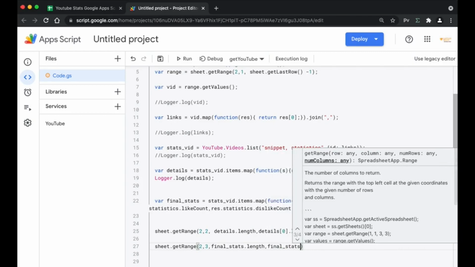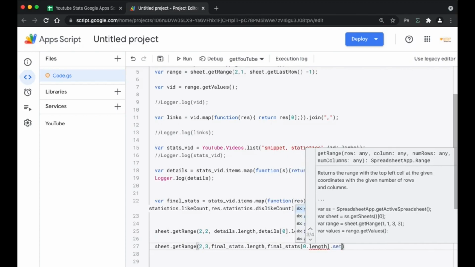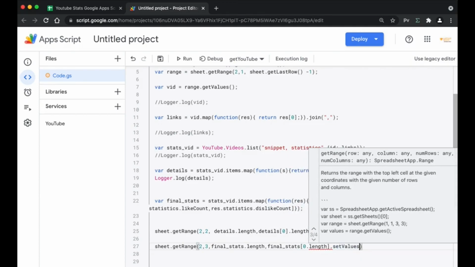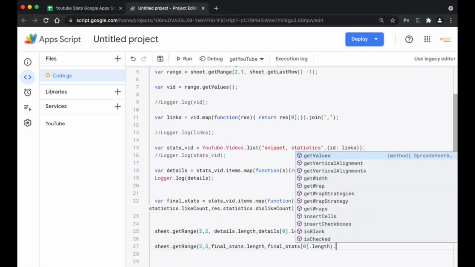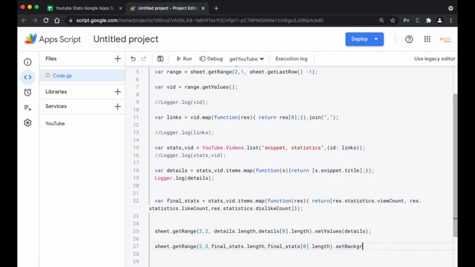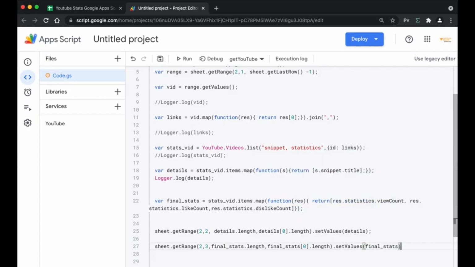Then you do the same thing for the same one again in the array, so that only one variable is put in. And then we're going to do the set values, not close the bracket here, and we're going to do .length. I'm going to close the bracket, and now we're going to do set values, and we're going to pass the final stats as an object in that.